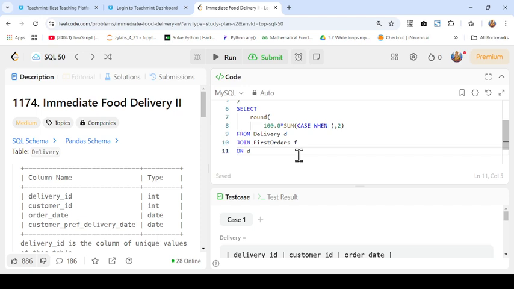So the delivery table alias is d dot customer ID equal to first order alias f dot customer ID,